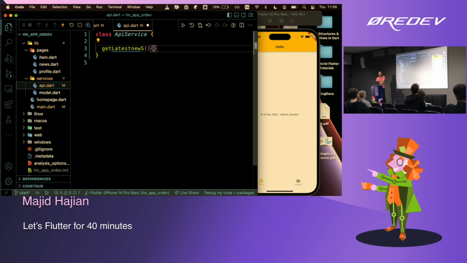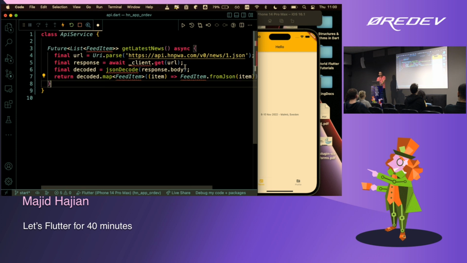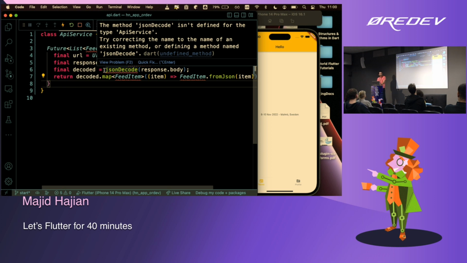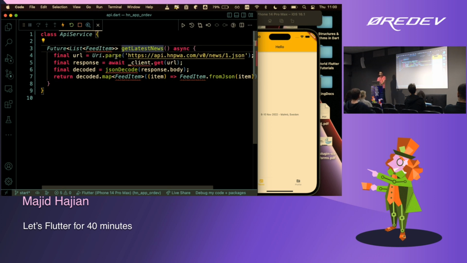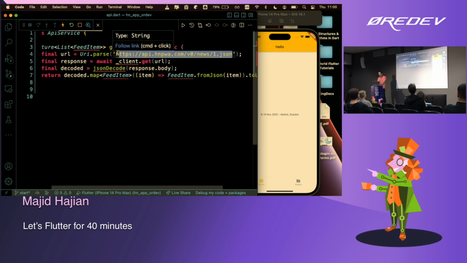So what do we want to do? We just want to fetch a URL, a JSON API, parse it, and then pass it to our UI and render a list of items. Very typical scenario, right? So again, I'm just gonna save some time because we are not on time. Let's see what is happening right now. I made a method that is going to parse my URL or my API.